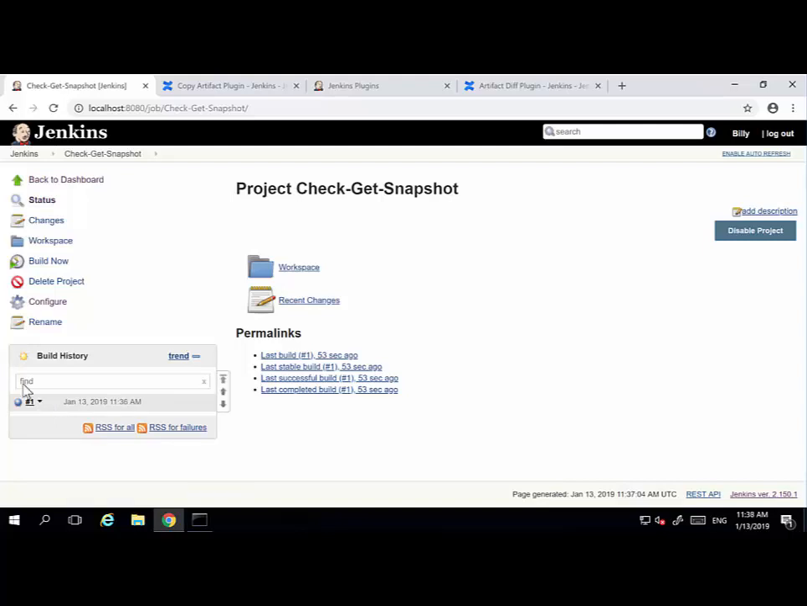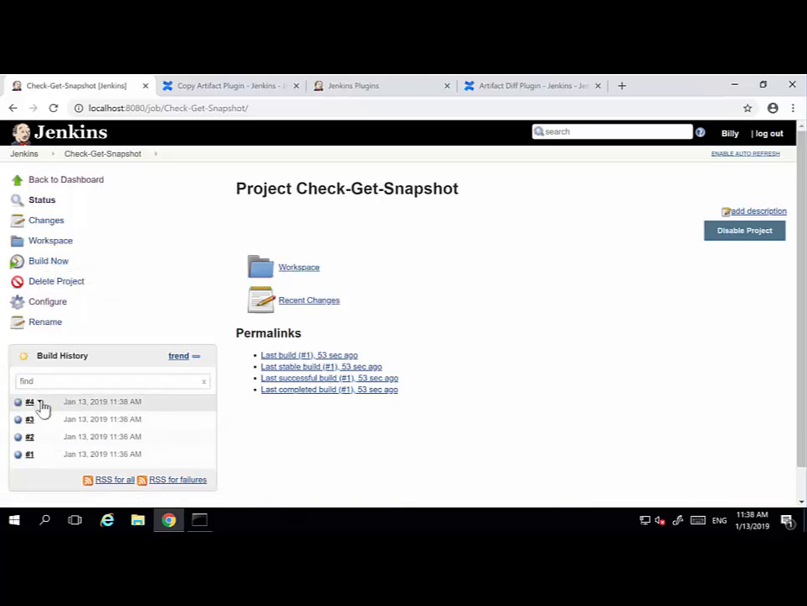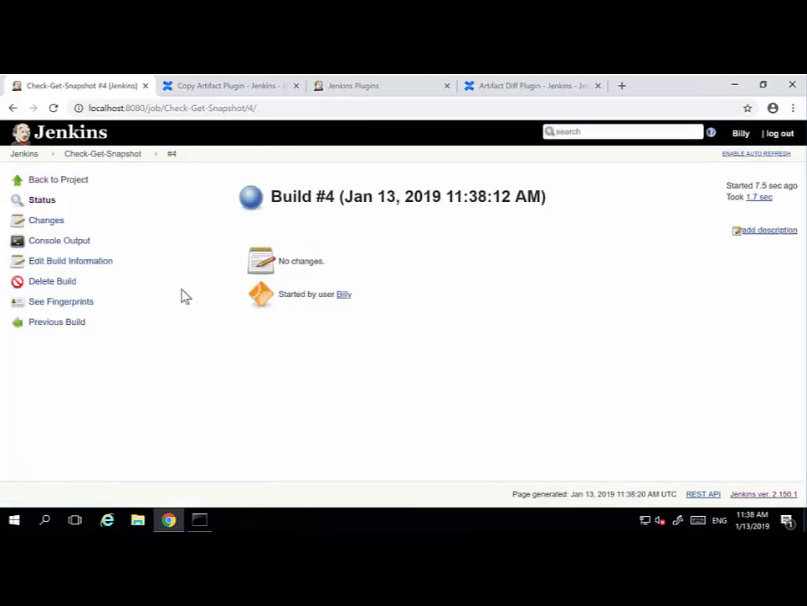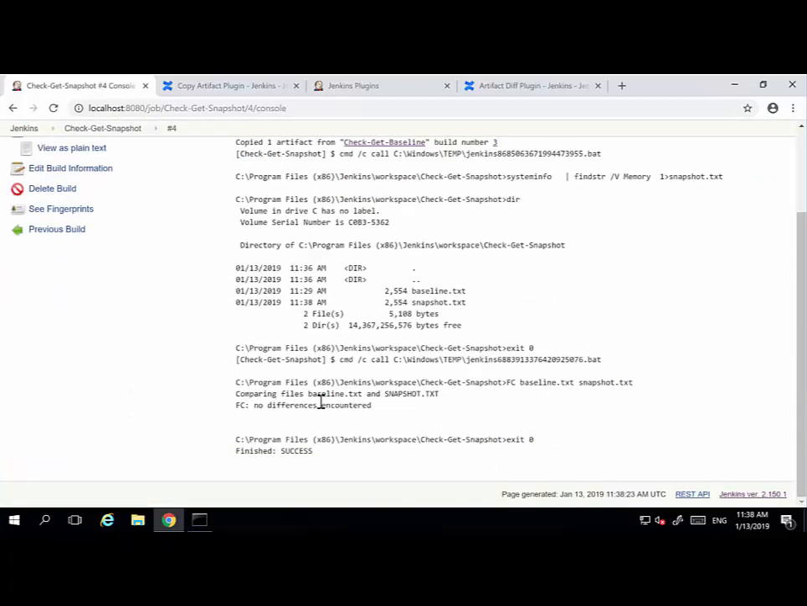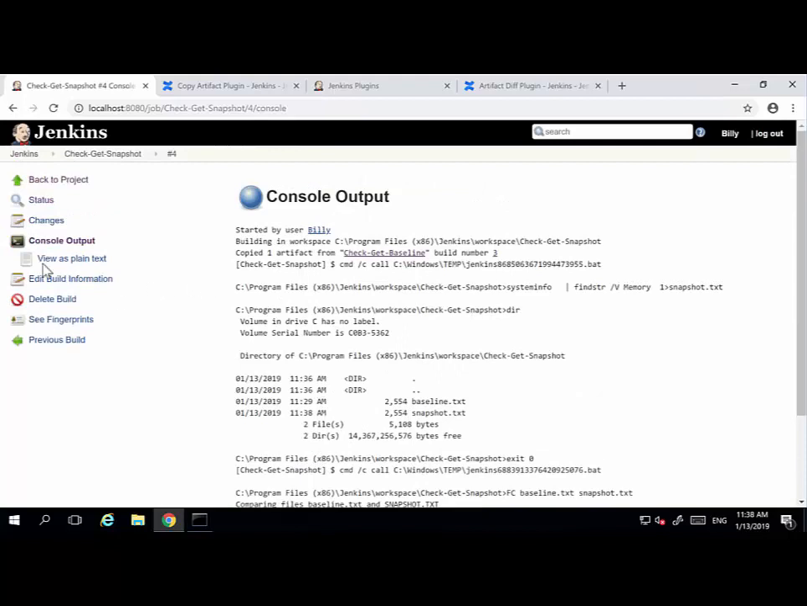If we click build now a few more times, just rerun this job, check the comparison works okay multiple times. So build now. And that's 4 runs of this particular job. We can go in and we can view the job, check the status, and we'll see that each time there were no differences encountered. What I'm going to do is just quickly force a difference so that you can see what happens when we get a